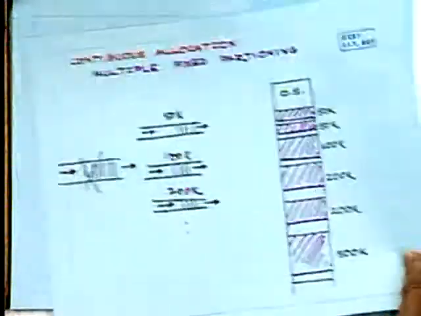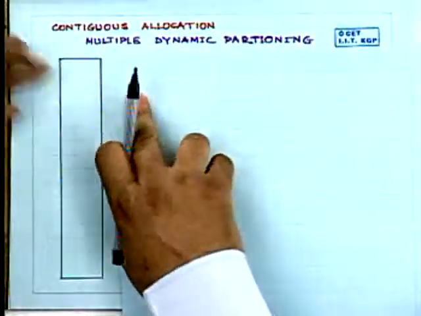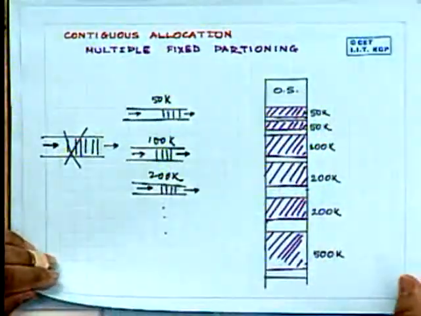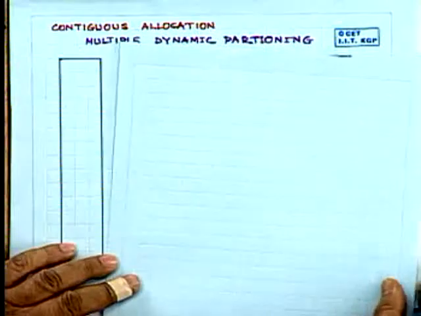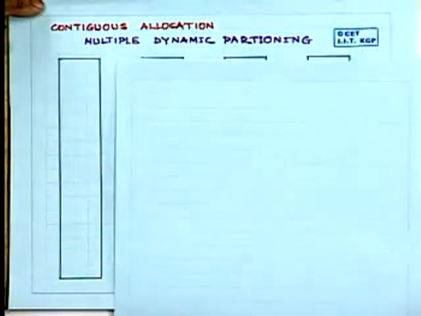Now let us see, therefore, instead of a fixed partitioning, what we can do. What we can do is go for a multiple dynamic partitioning scheme. This is our multiple dynamic partitioning. Here, instead of fixed partitions that have been kept like this, we do not make any fixed partition so far as this technique is concerned. As a process comes,